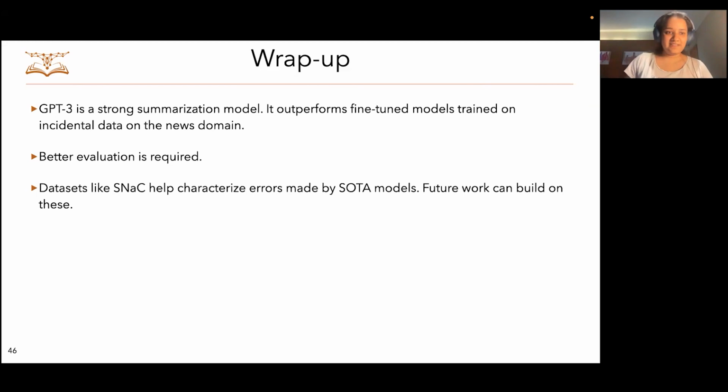Okay, so finally, I'm going to end with these three main points. First, GPT-3 is a strong summarization model. We show that it outperforms fine-tuned models on incidental data in the news domain. But what we also show is that better evaluation is required if you want to continue experimenting with GPT-3 based summarization. And datasets like SNAC and other human annotation efforts like Scarecrow, for instance, help characterize the errors made by these SOTA models that future work can build